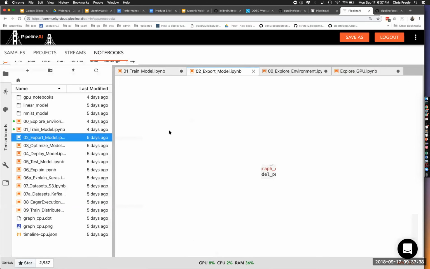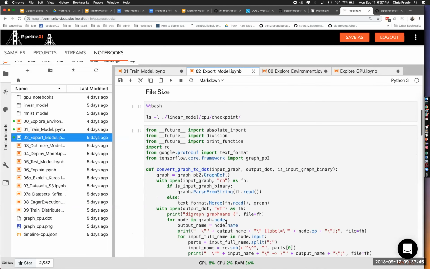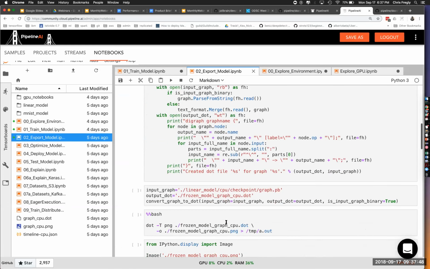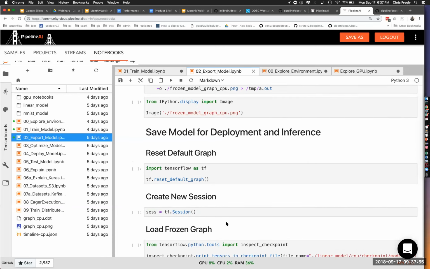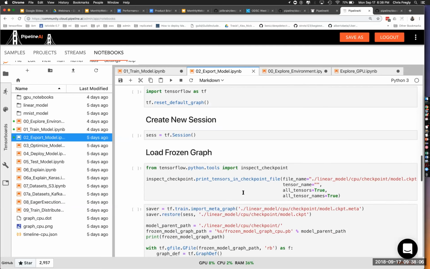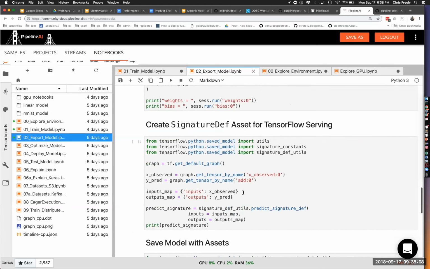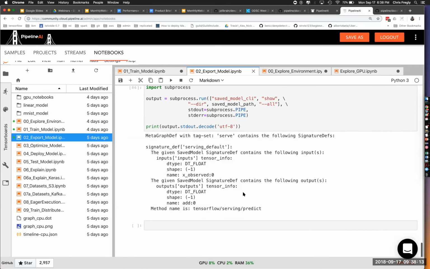But now let's get into the interesting stuff, which is exporting or optimizing these models and preparing them for deployment. There are a couple of different ways. You can freeze the graph as the old school way, but you can do quite a bit when you use the frozen graph strategy, because there are a lot of downstream tools hidden inside of TensorFlow that are slowly making their way to the surface, but not in a very usable way. These are the things we're actually doing for you as part of the product and the community edition.